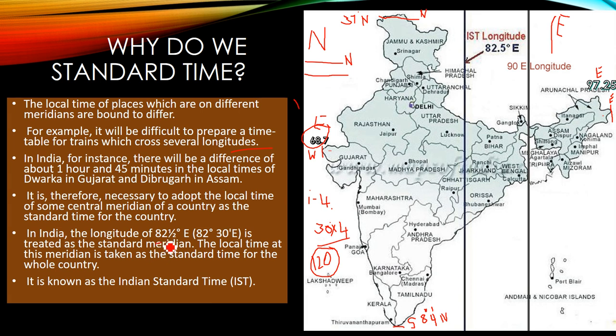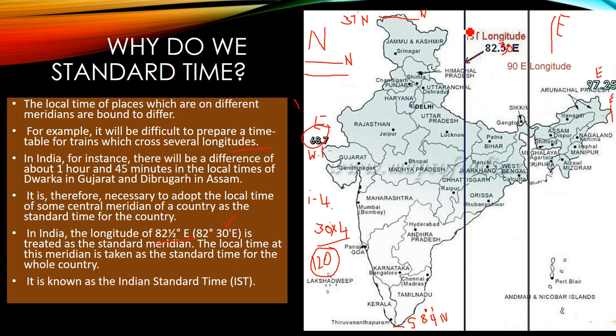Now, this 82 can also be written as 82 degree 30 minutes east. Right. Now, this exactly divides India into 2 time zones where it comes at nearly 15 degree. Right. It divides India into 2, not 2 equal Indian parts, but time. You can calculate the extent between west to east is 30 degree, and the half of 30 degree is 15 degree, and if you add 15 here, it will be somewhere around 83, that is 82.30.